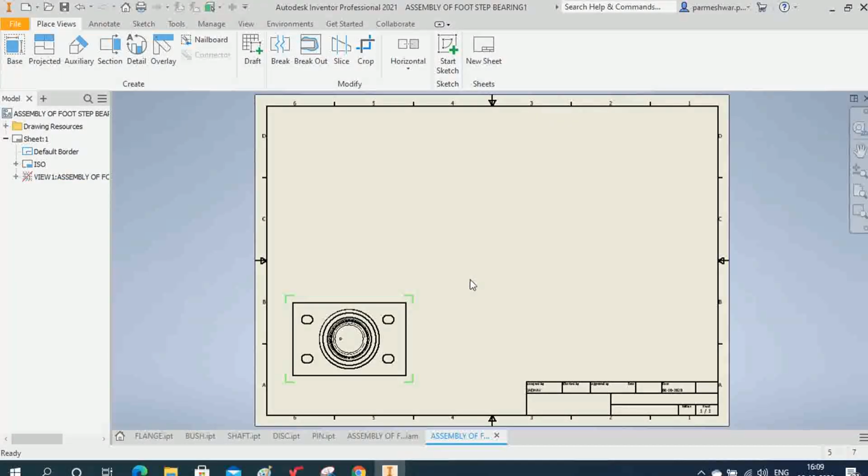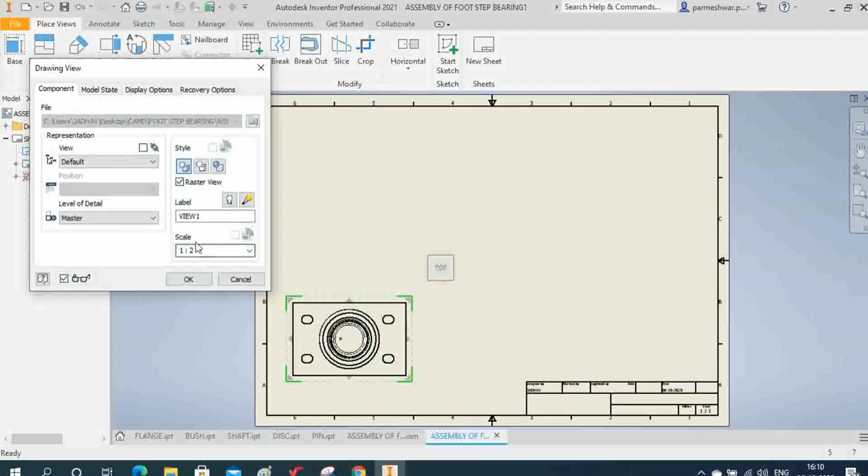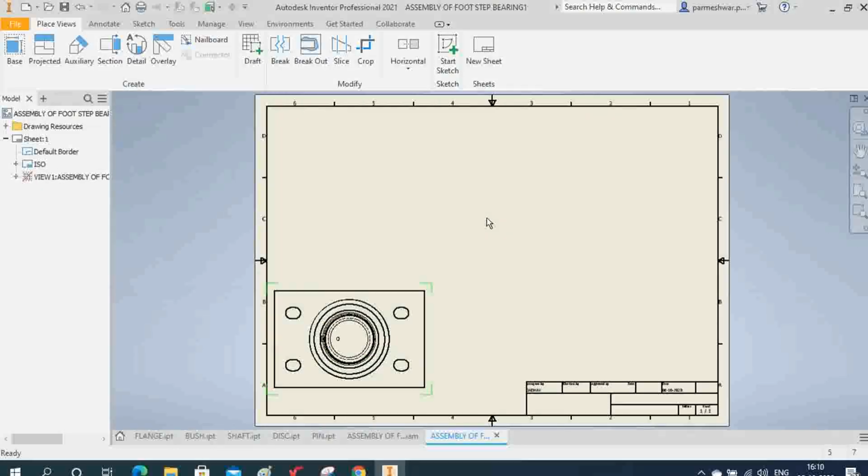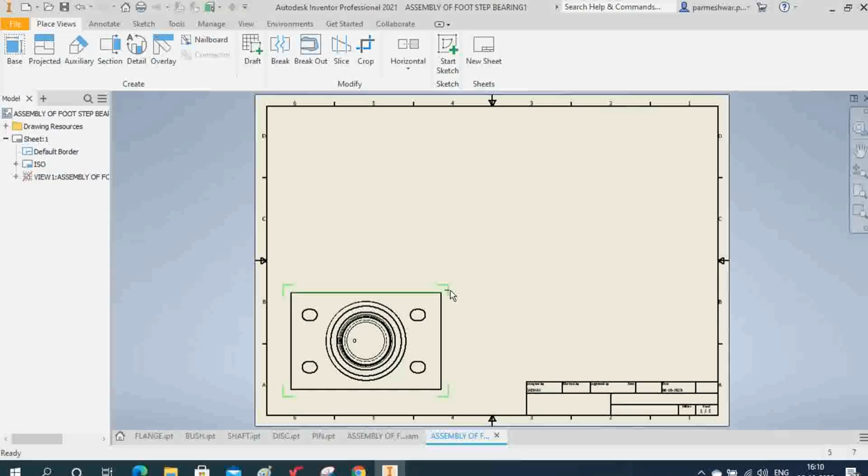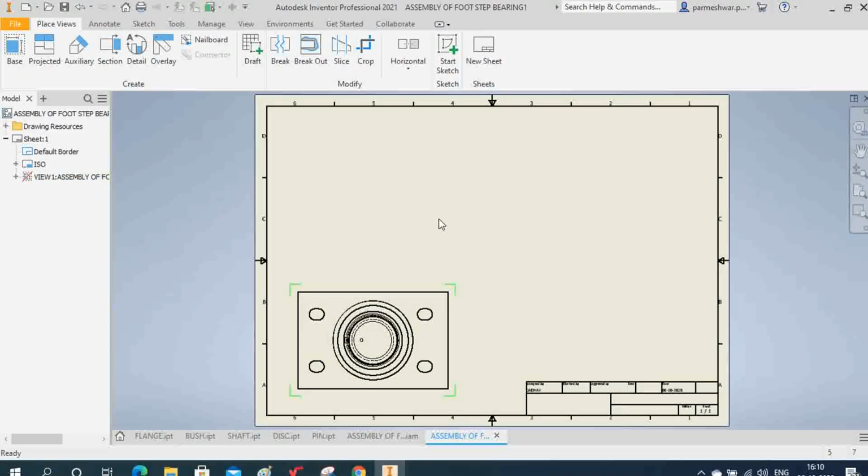Now you can change the scale also, right? So double click that, you can see the scale is here half, but to adjust the view on this drawing, I can make it 1.5, right. Okay, because I want to insert the front view here also, and I want to insert the part list here. Okay, so I will adjust this according to the space available with us here, like this. Okay, so in this way I can insert this part. This is the top view.